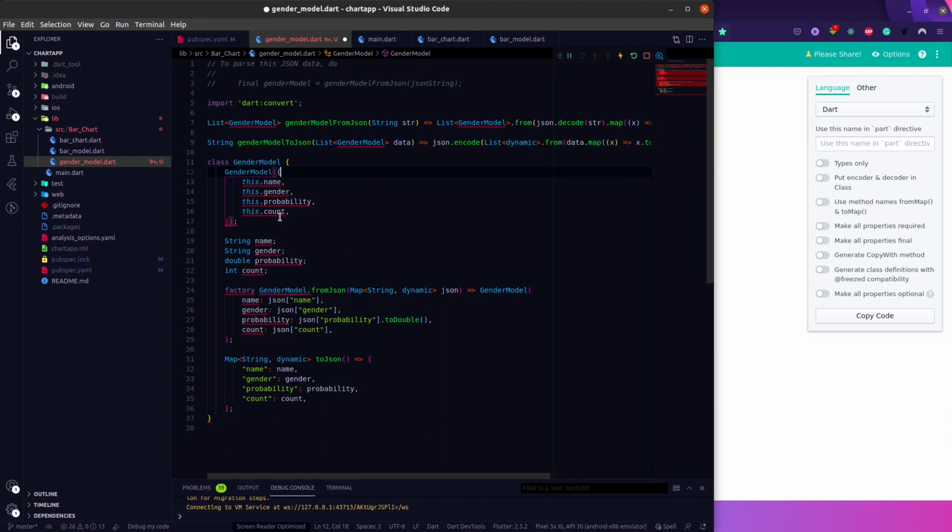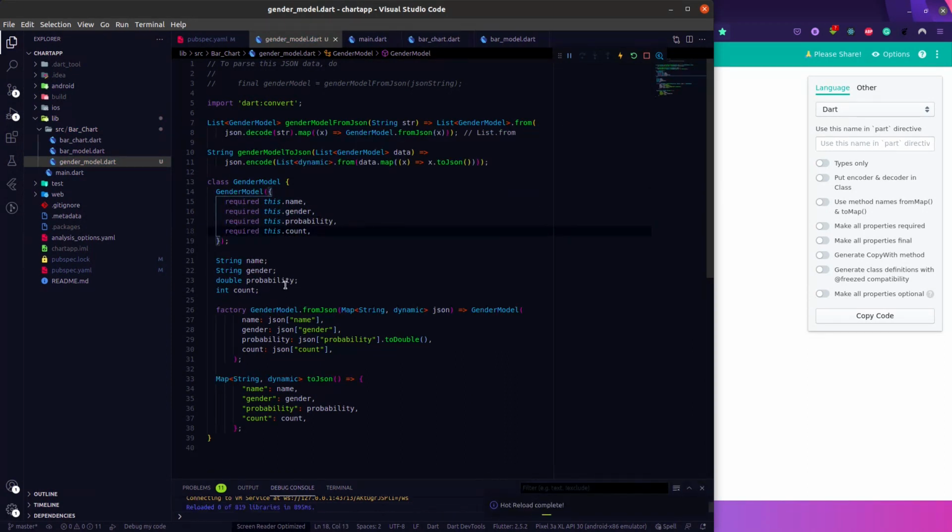Then also it will work, otherwise we can add a required keyword. So let's add a required keyword, that is the best thing. So let's add the required keyword on all of them. Now the error will go because Flutter imposed null safety. Now we have the model class, right? Now let's